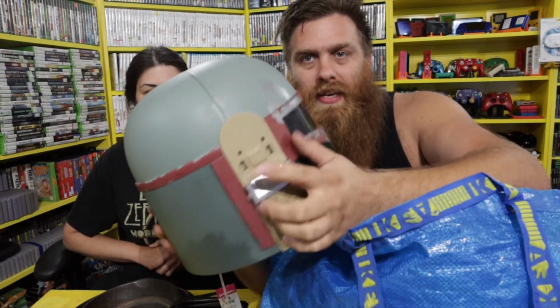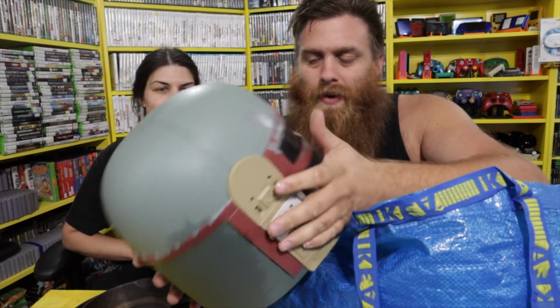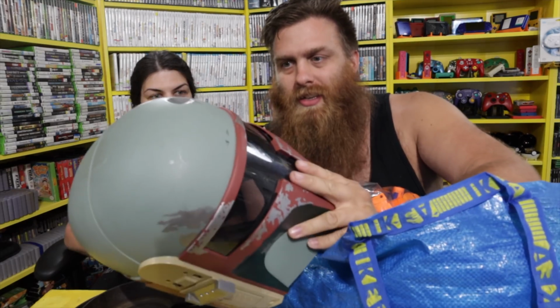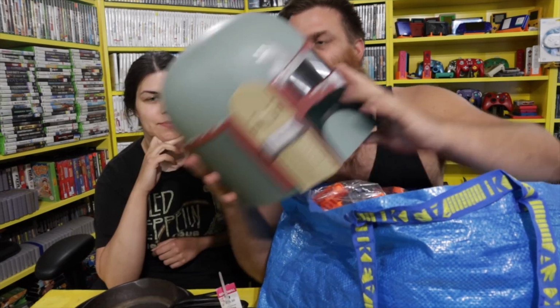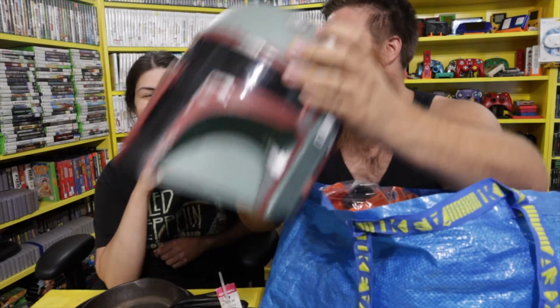I'm really bummed that his, what is it called, a scouter, his antenna is missing, but still, this is crazy. Yeah, I just can't believe it. I've had really good luck this year with Star Wars helmets. I've got a nice Clone Trooper helmet, nice Stormtrooper helmet, and now I got the Fett. And that bullet dent's just...